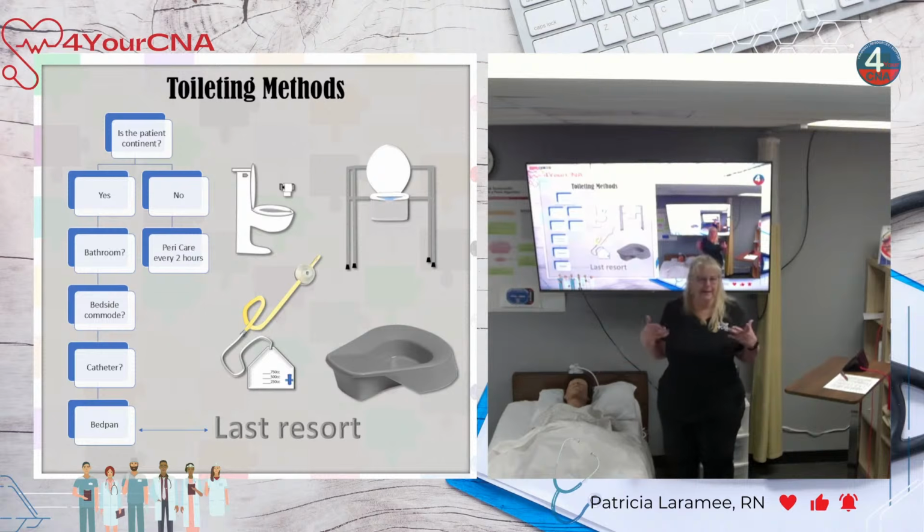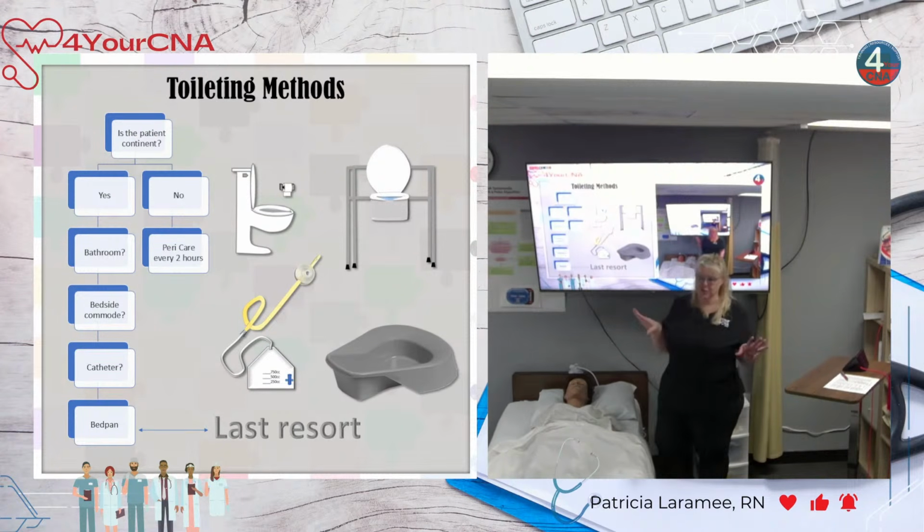Where would I go to find the information on this? The care plan. So our care plan might say bathroom privileges. We could do our little happy dance, right? Because they take care of it themselves. Bathroom with assist. Okay, they're going to hit the call light when they've got to go, and we're going to help them. Bedside commode ad lib. That means they take care of it themselves. Just bring the bedside commode, clean it up. Bedside commode with assist. Okay, they're using the bedside commode, but we've got to help them. Okay, we go through all of that